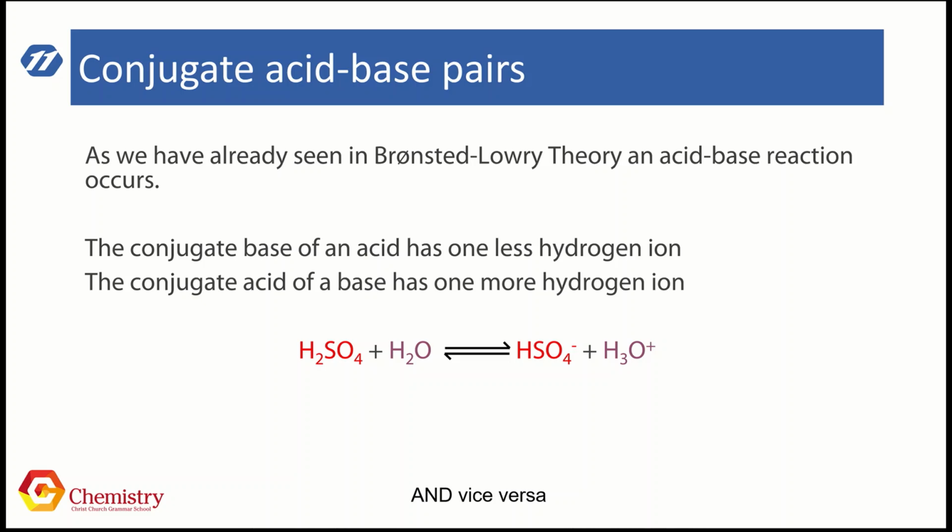So because the reaction shown by the double arrows can go in both directions, either stating it in the first way or stating it in the second way, when I referred to and vice versa, that is equally applicable